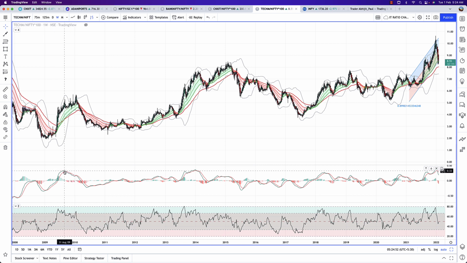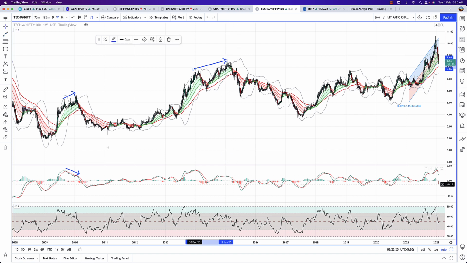This, where I've kept my cursor, this one, was in August 2009. We can see a similar kind of reading in Jan 2014, almost similar in April 2018, and now in September 21 and Jan 22. All of them, same story. You would notice that prices continue to go up after the peak. MACD continues to give the divergence, and RSI of course follows suit, and then the big correction.